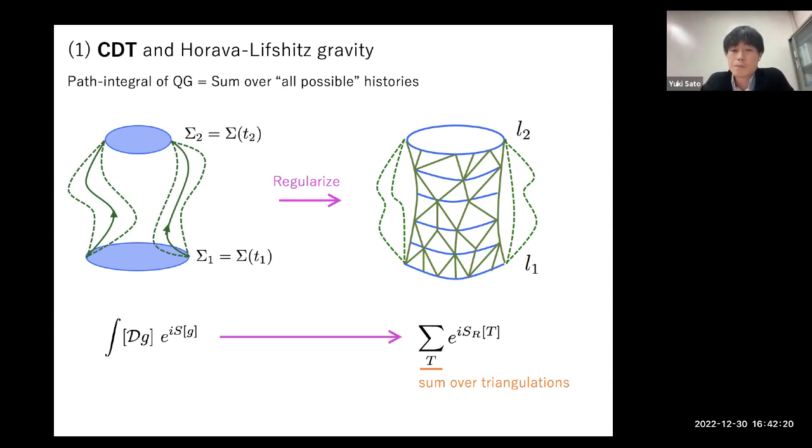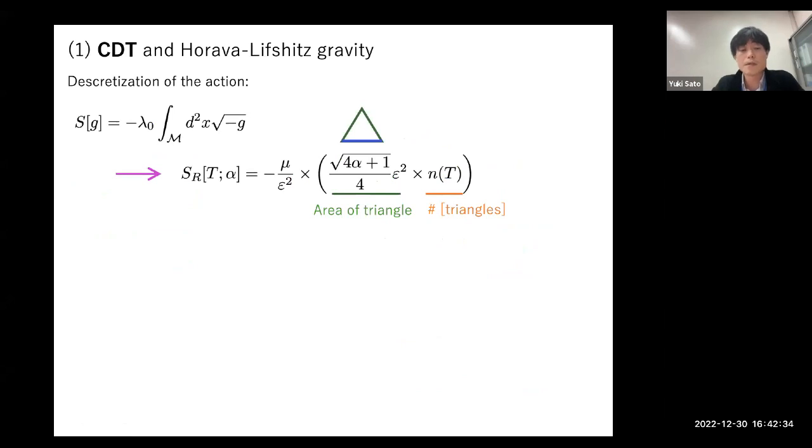So to compute this path integral, we have to specify the lattice action here. And this lattice action is called the Regge action. So let me explain what it is. If you fix the topology of the space-time,